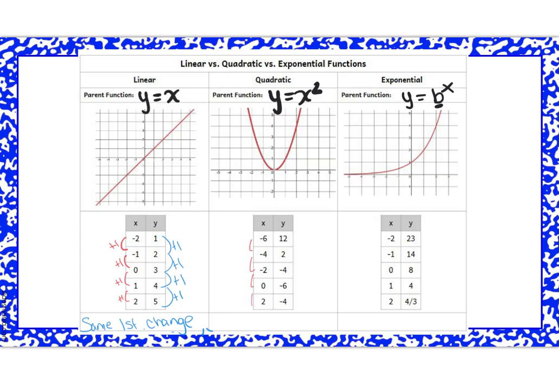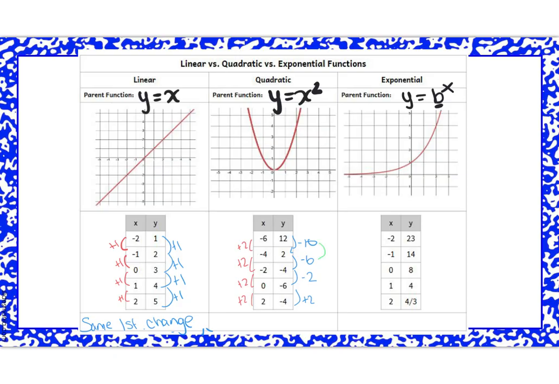So I'm going to identify my change from 12 to 2, my change from 2 to -4, my change from -4 to -6, and my change from -6 to -4. So when I look at my change, it's not constant. It's -10, -6, -2, and +2. So because the change is not the same, I know it's not linear, but it doesn't tell me anything about quadratic or not. And in order to identify the change for quadratic, you actually have to look at